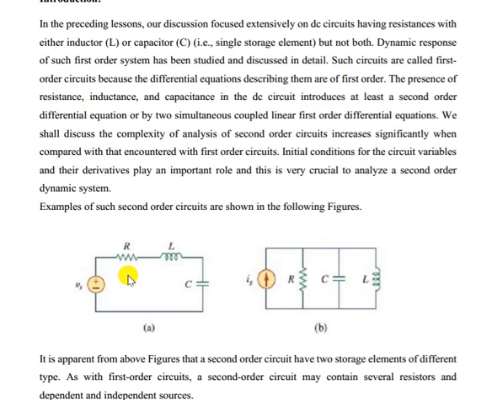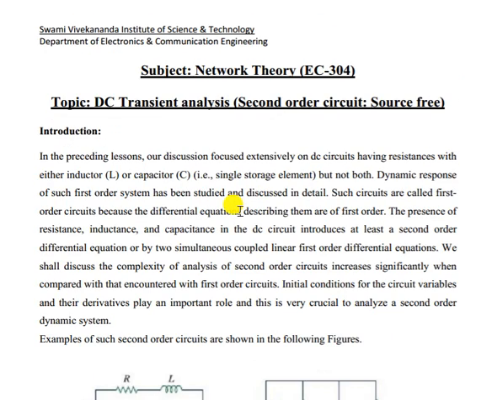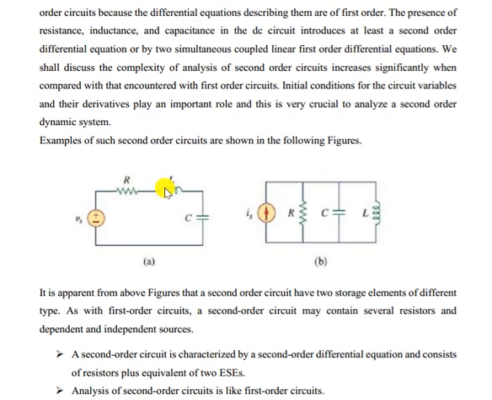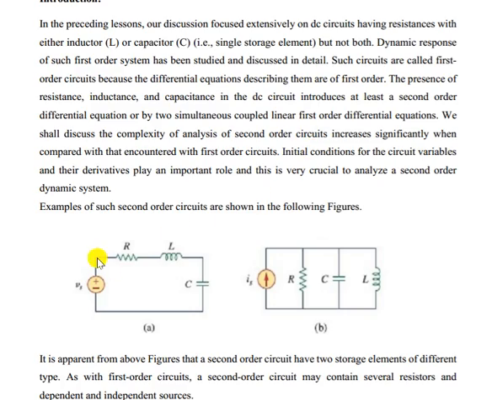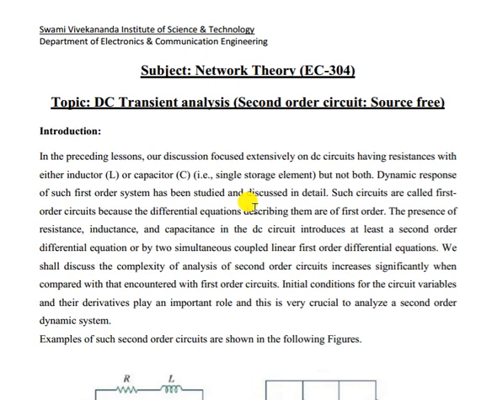if there is no resistance, what will happen? Then it will be oscillatory. Energy from L goes to C, from C goes to L, so it becomes undamped oscillation. Okay, so just remember this point. R is the damping factor. That is why an RLC circuit is either critically damped or over damped or under damped. Okay, but when there is no R, only LC circuit, it becomes undamped.